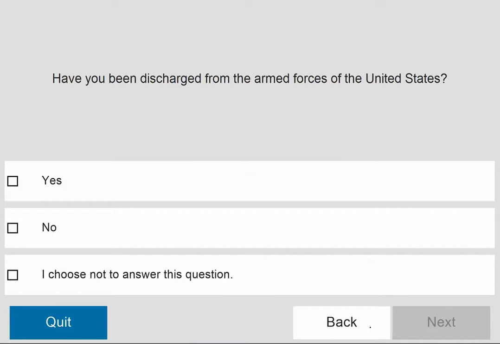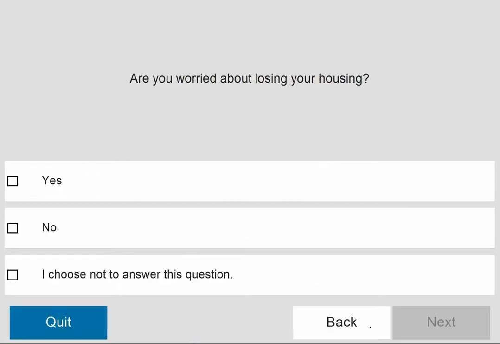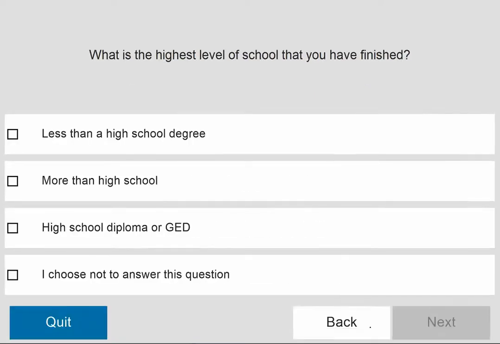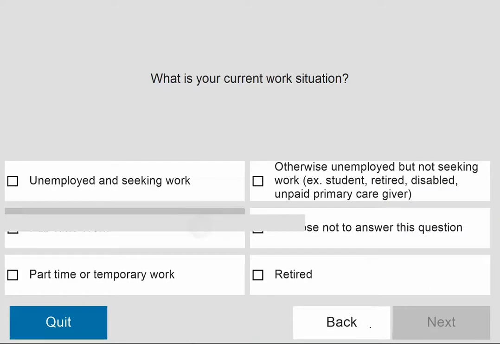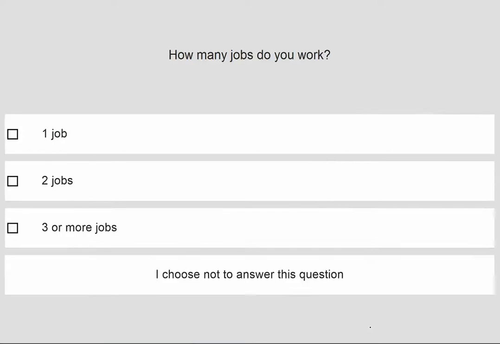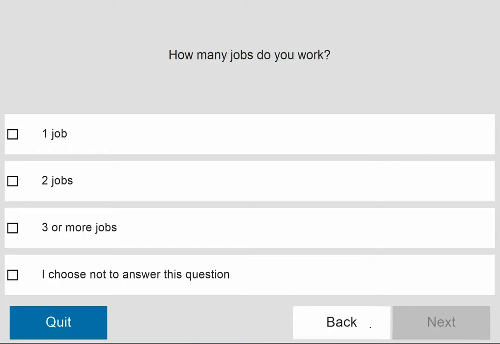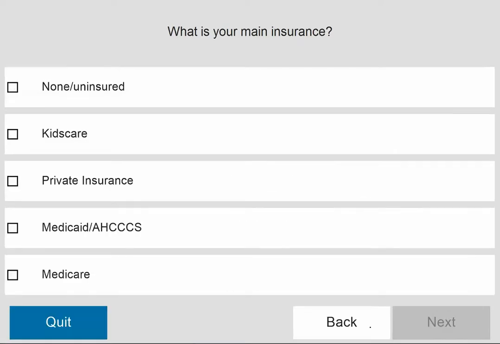So we're going to say I was not in the military. I have housing currently. I'm kind of worried about losing it. More than a high school degree. I currently work full time. And I'm saying that I'm working a lot, about 50 hours, but that's not too much. I'm working one job, and I have insurance through my job, and I'm going to say that I have a